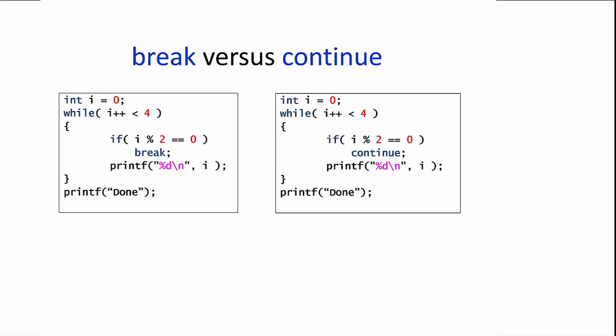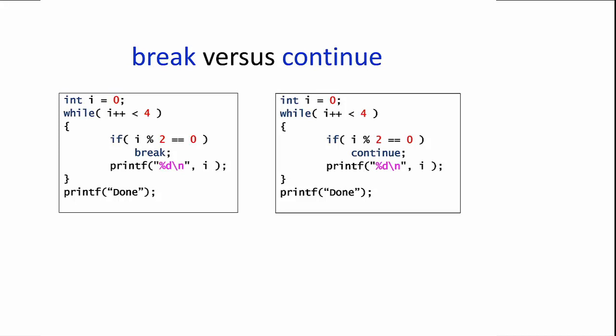Well, I'm starting from 0, right? 0 modulus 2 is 0, because 0 is an even number. That means I'm breaking. I skip everything, and then I go outside of the loop and print done, which means the only thing you get out of this is done, right? You don't print any of the numbers. On the other hand, if I go here,